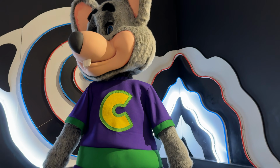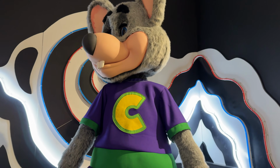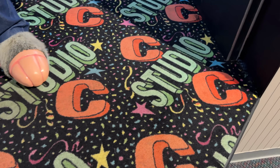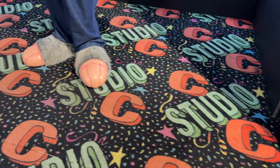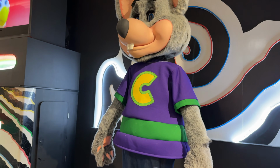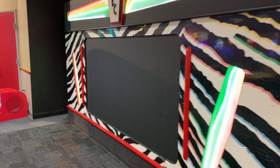So right here is Chucky. It's a 16 movement Gardner Holt Studio C animatronic. This is a Studio C Cappa stage. It's a V2 because of the backdrop back there. And he has the Studio C carpet, and he has the Rockstar outfit on. He is in random movements, which was great to see, and then over here is the blue screen area, but